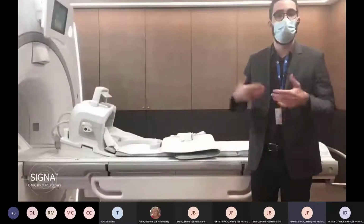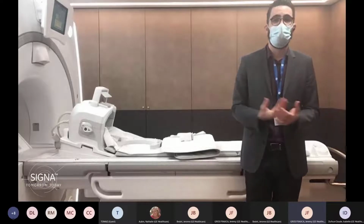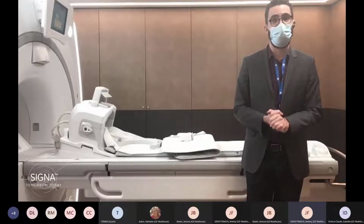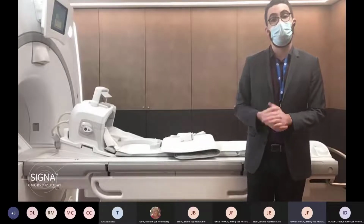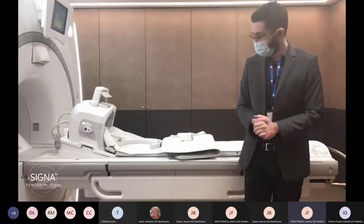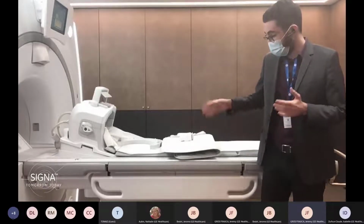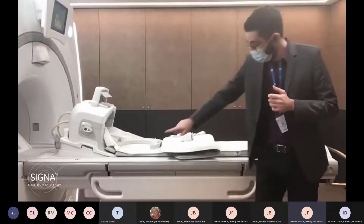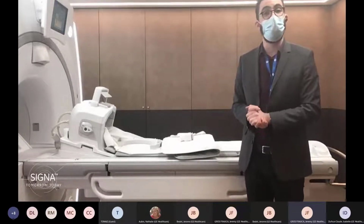Intellitouch, I think it's the first step to Airtouch. Airtouch is the first member of the Air family that we will cover today. Airtouch is an automatic coil selection feature, which is working with those systems. So it means that you are connecting your coils, creating your landmark, and then the system will do everything automatically